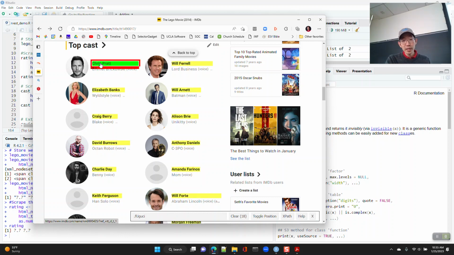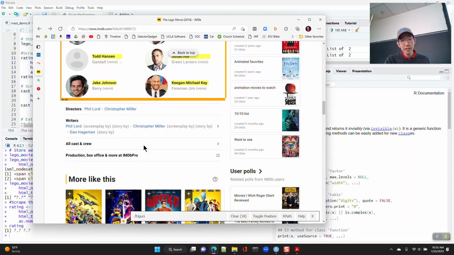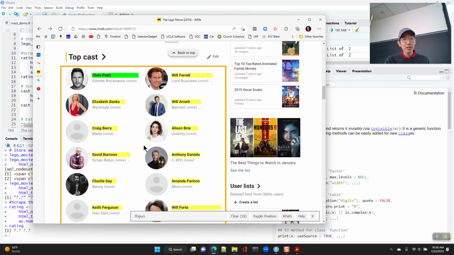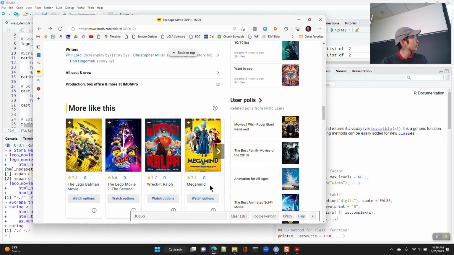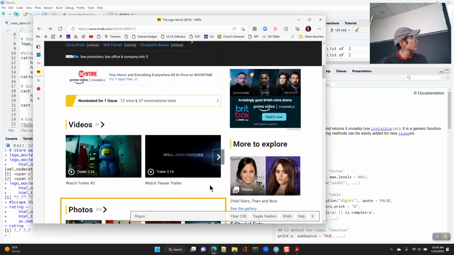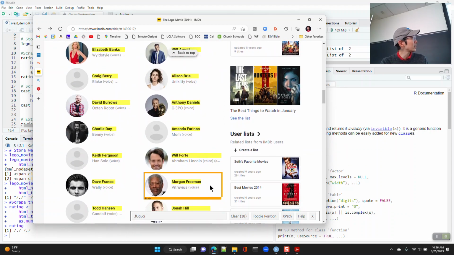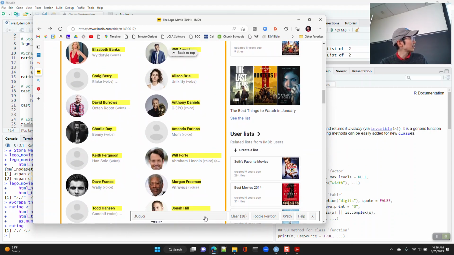Okay, and here it says I've highlighted 18 things, and the thing I selected is green. The other things that it's going to extract are yellow, and I look around, and that looks pretty good. It doesn't look like many other things got highlighted as yellow. It says there's 18 things that it's going to extract associated with this tag. So that's fine with me. I'm going to copy this tag,